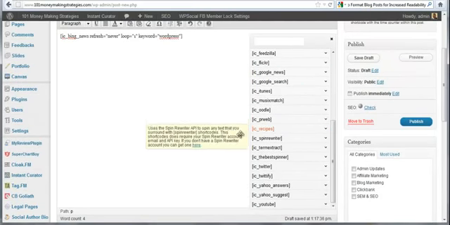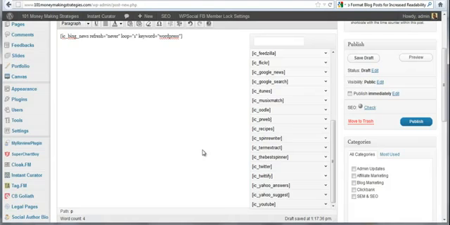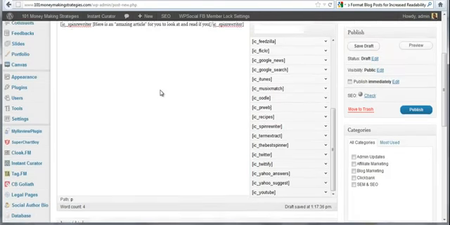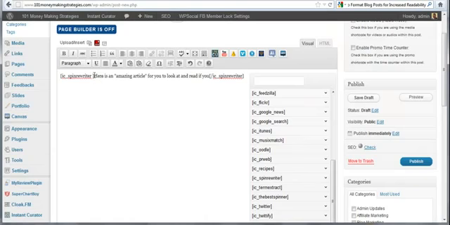The only shortcodes that are different from this are the best spinner and the spin rewriter, which allow you to actually spin content. For instance, I can add it in here, and let me redo that because I drug it right over top of something. I can go spin rewriter, and it automatically comes up and shows you where you put your paragraph of